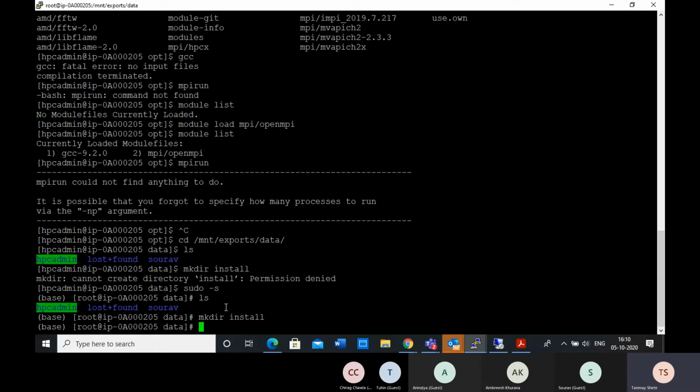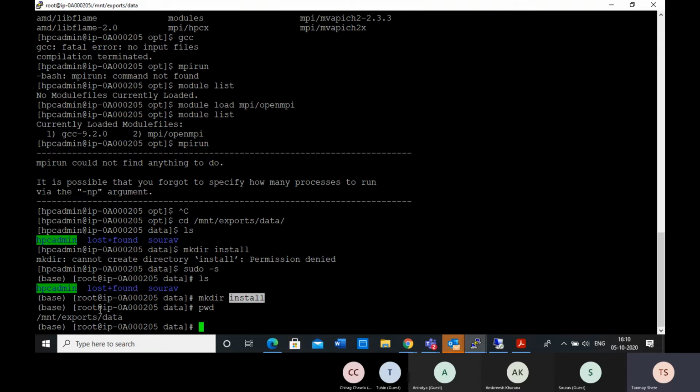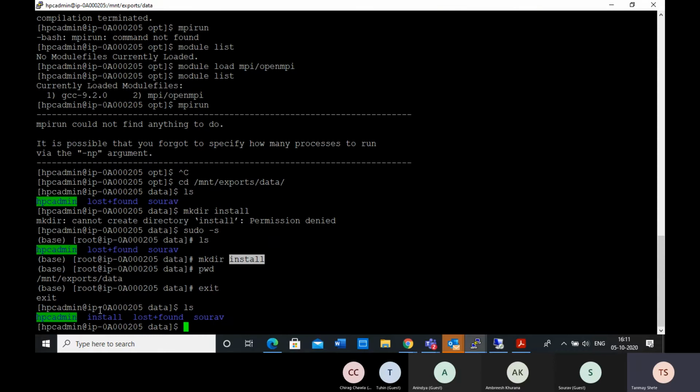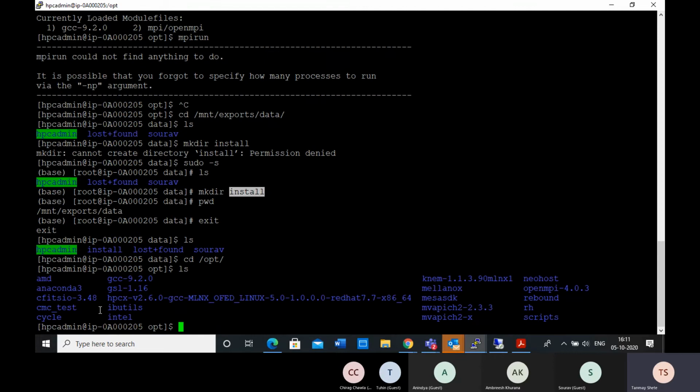So it is always recommended that all the new things which we install, we install in the install directory. Then we don't even need to create an image, because this will be part of /mnt/exports/data, which will be available for every cluster or virtual machine anyway. So that can be done, and we take it based on the need. Right now the size was not limited, so everything was part of opt, and we can build it around with that.